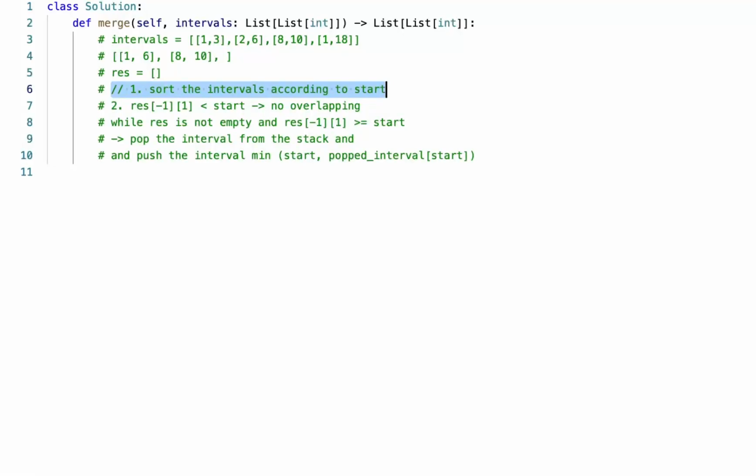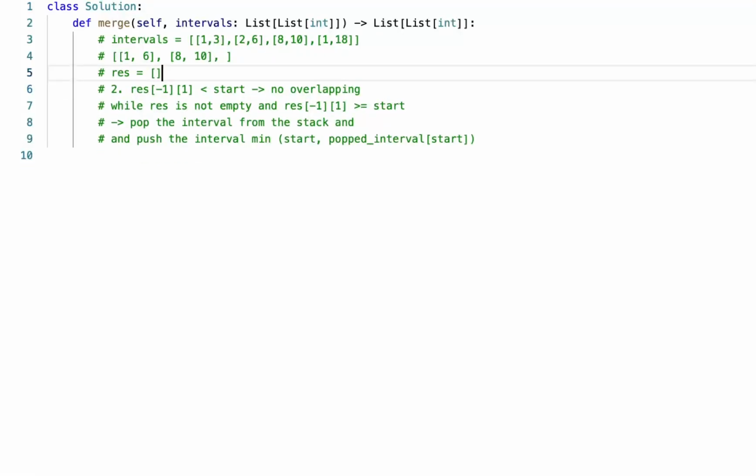I don't need it, because this is n log n, right? I don't need to sort this out. I can just leave it this way, and when I pop it, every single time I pop this one out,